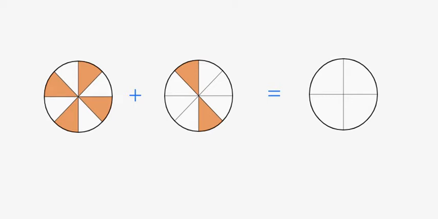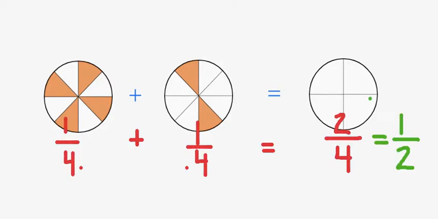We're going to add these two fractions together, and you can see that the answer in this one is split up differently than the circles in our equation, and we will find out why in a minute. So our first equation,